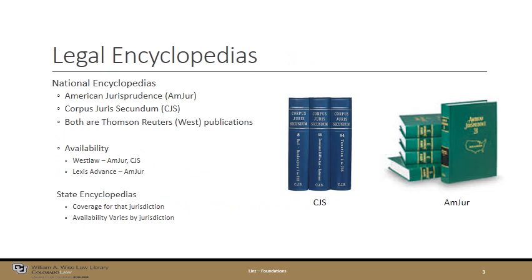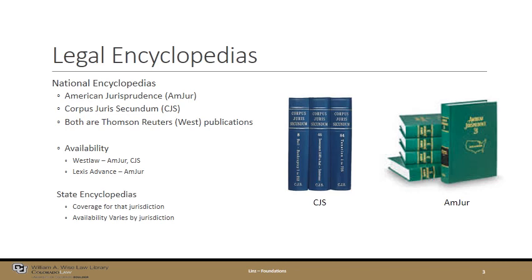Let's talk about the legal encyclopedias. There are two types. There are national legal encyclopedias and state encyclopedias. The advantage legal encyclopedias have for us as newer researchers is familiarity. We've used encyclopedias really throughout our lives. Some of us may remember using a World Book in print or a Britannica in print. Of course, we've also used online ones, probably Wikipedia. But what we know about them is that they're fairly easy to use. They have an index. They are very, very approachable and very understandable.